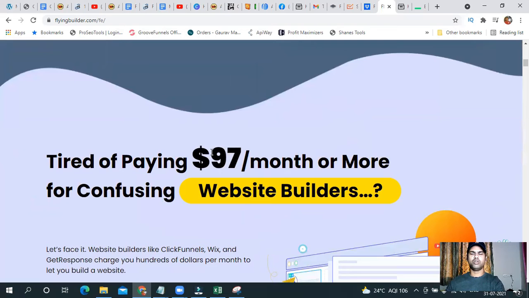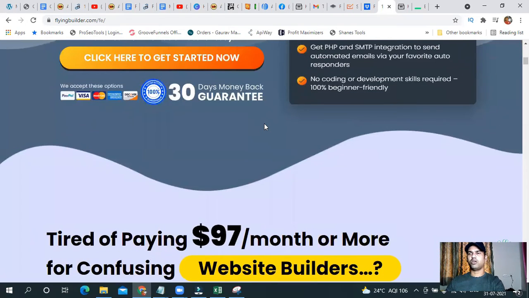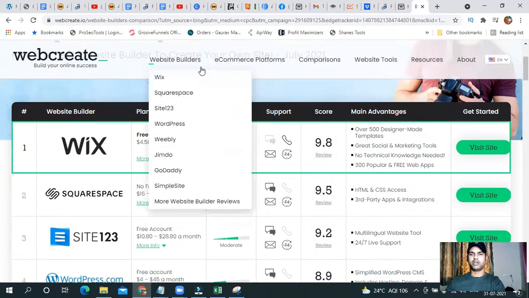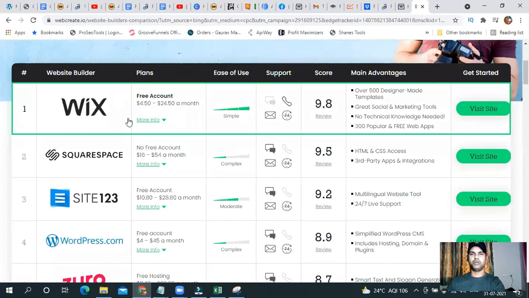Let me also tell you, if you are hiring a coder or a developer to build a website, they charge you very high, a minimum of $50 to $70 for a couple of hours. And also let me tell you that there are certain website creators or website builders in the market. So I have pulled up the comparison of some of the famous website builder